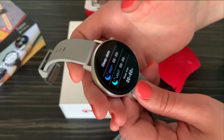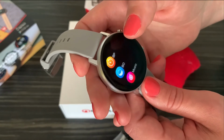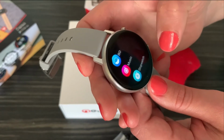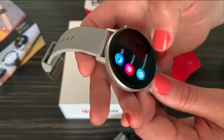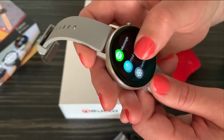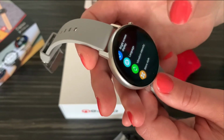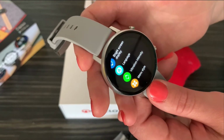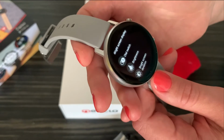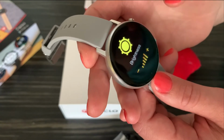Has the sleep tracking, so it shows all the data, your blood pressure as well, blood oxygen, the music app, so when you pair it with the phone, stopwatch, you can just have a check of your messages, change other settings. So if we enter there, you can change the language to adjust it to the language you speak in your country, or change the brightness as well. So if you wanted more or less bright,